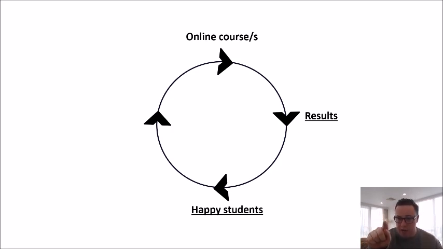How can I improve the experience of the customer, the seller on the online process, in Amazon selling their product? And it's the same thing for us, guys. Online course goes down to results. Results will equal very happy students and customers. So what happens from there, guys? Well, it stands to reason that the happier your clients, the happier your students, the better you can market results. So I'll transition after I've done all this, guys, and I'll give you an example of what our Facebook looks like. And I want to show you how we market our results. And I've talked about this in videos before, but I just want to show you some real world time.